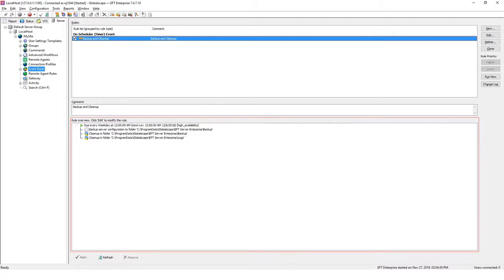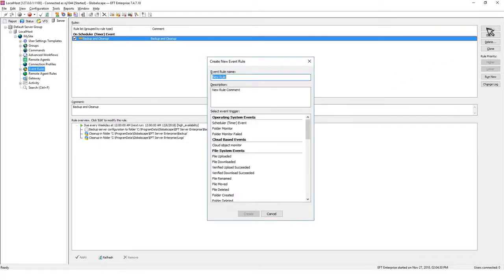This time, however, I want to start from scratch, and so I'm going to click on the New button. The Create New Event Rule window appears, and other than giving our new rule a name and a description, the very first thing we are prompted to do is to select the type of event we want to trigger the workflow. So let's go back to our first example wherein we want to notify someone anytime a file is uploaded